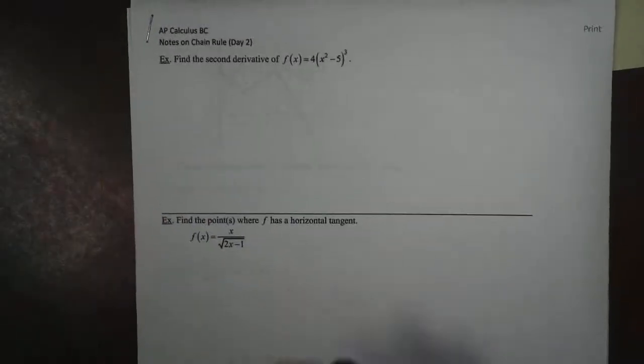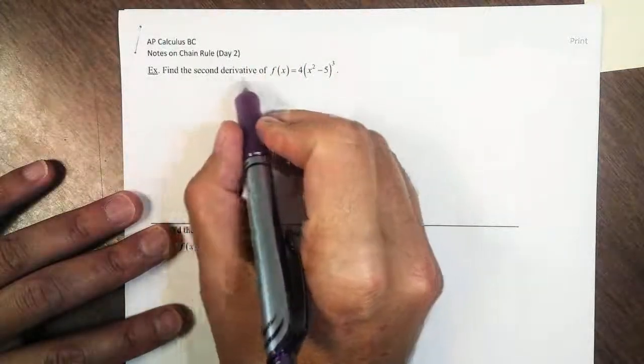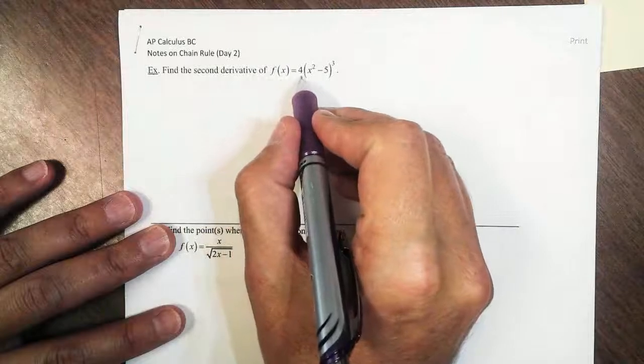Alright, let's continue our discussion on chain rule. Yesterday we talked about chain rule. Today we're going to take that chain rule and go a lot further with it. So let's see here. First question says, we want to find the second derivative of this function at